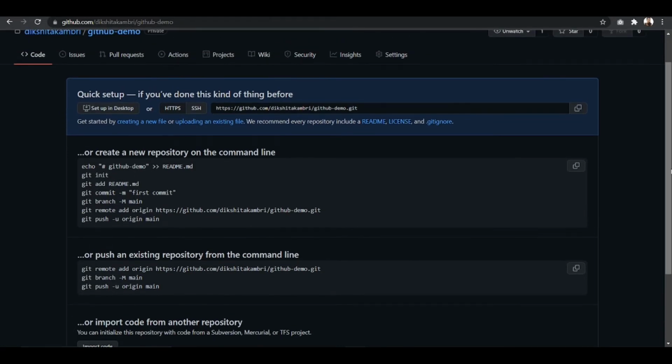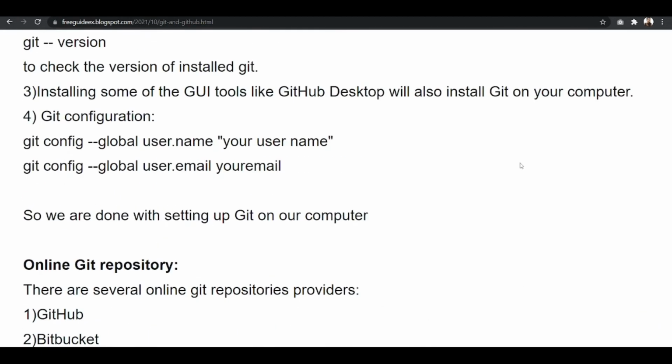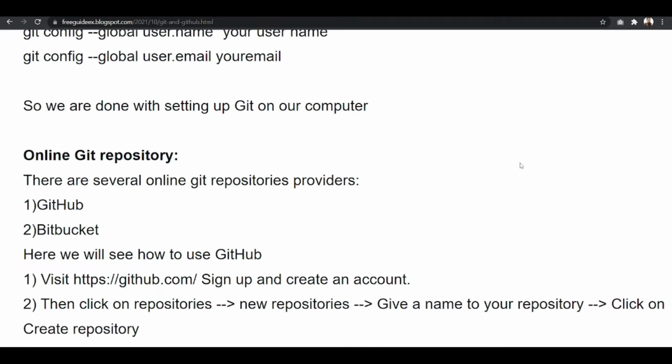As I told you in the first section, I skipped the Git configuration part, because we didn't have the user email and username with us, since we hadn't created an account on GitHub. Now you have created an account on GitHub, and you have username and email with you, so we can configure Git.